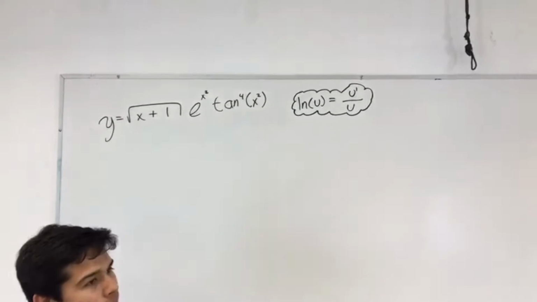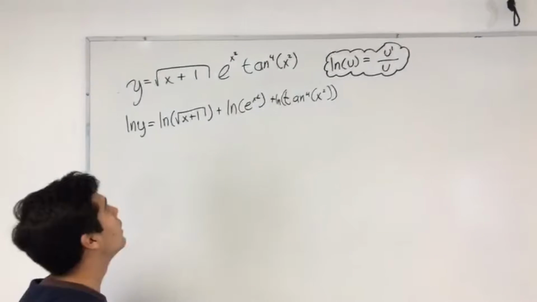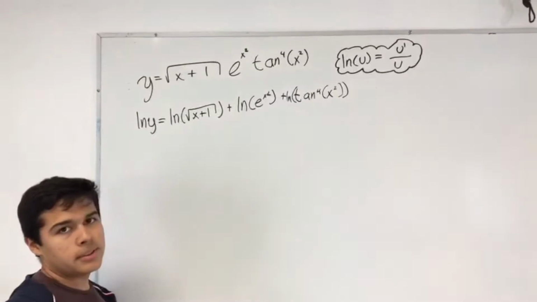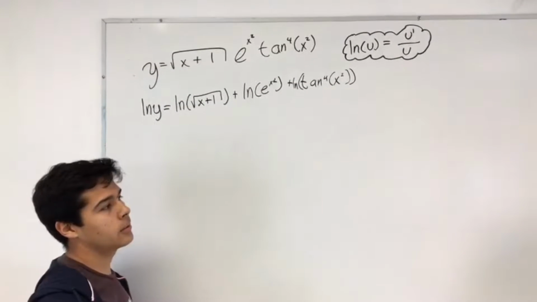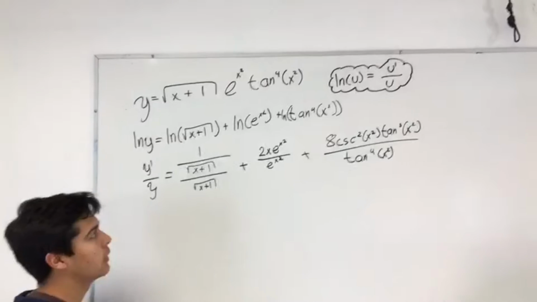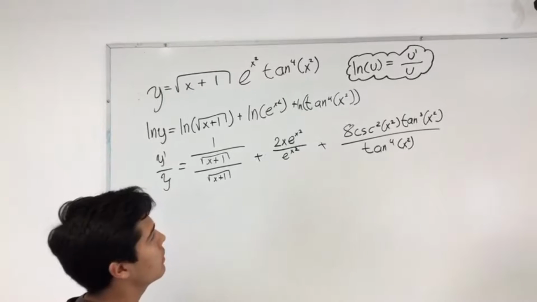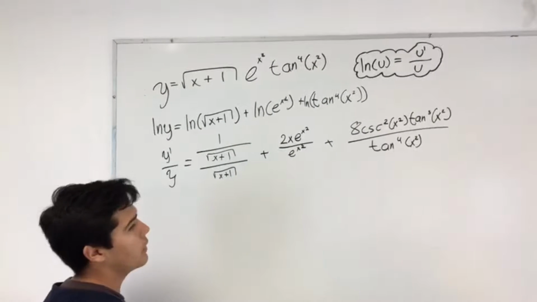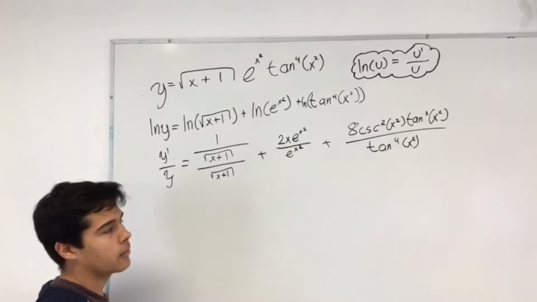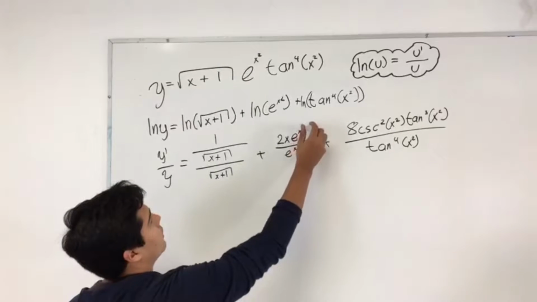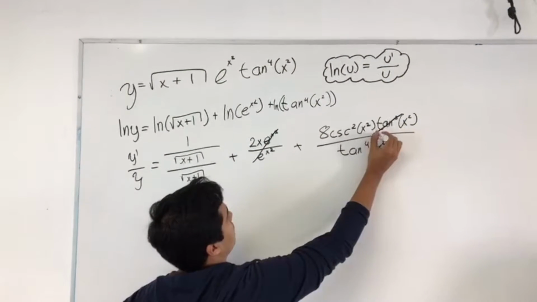We're going to solve this function with logarithmic differentiation, and the first step is to take the natural log of everything. Once we take the natural logs, we are going to differentiate the natural log of every single function. Once we differentiate every natural log of every function, we are going to continue by eliminating the common factors in every fraction. For example, here we can eliminate the e to the x squared, and here we can eliminate the tan cubed